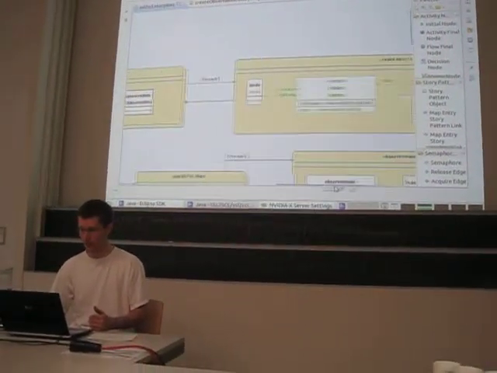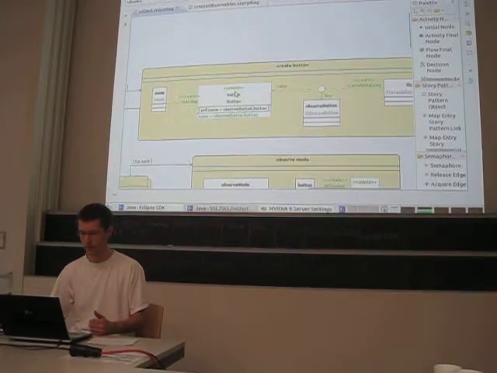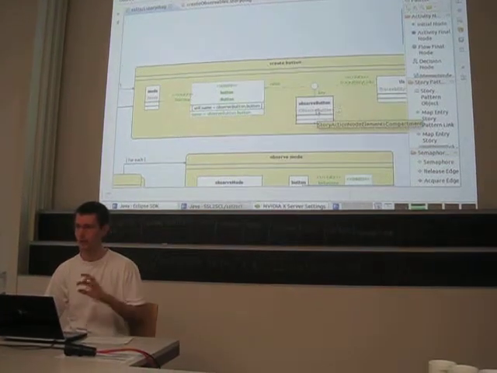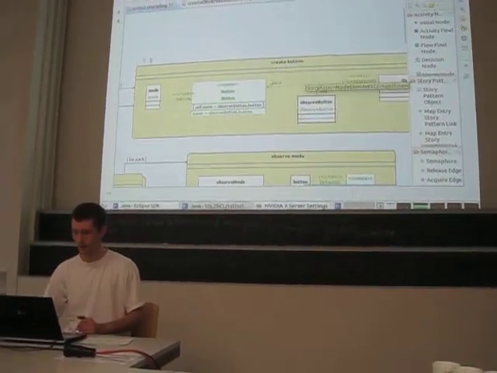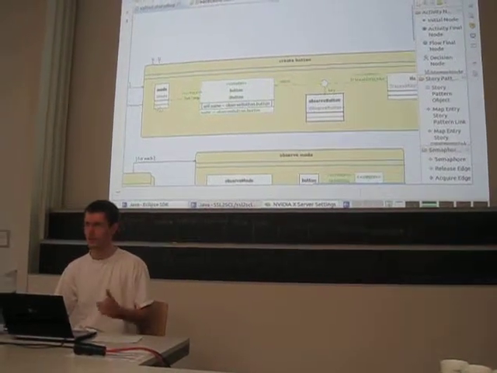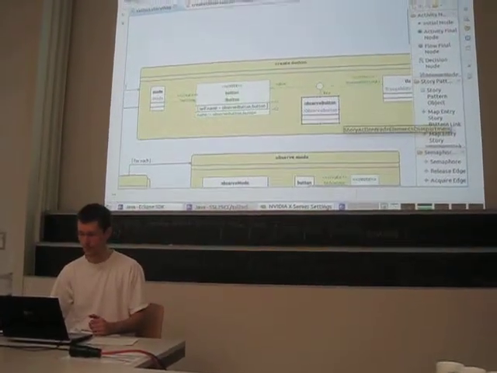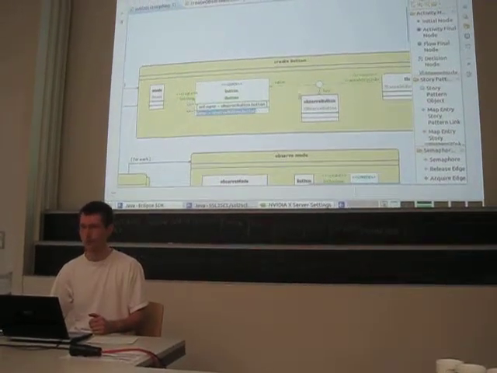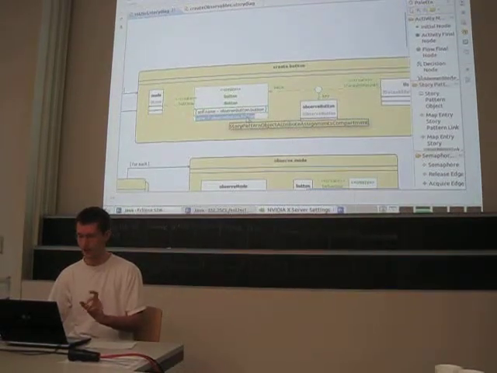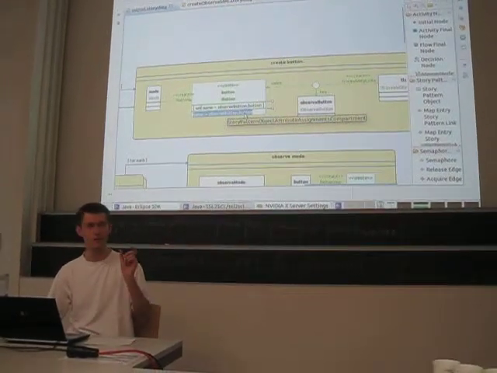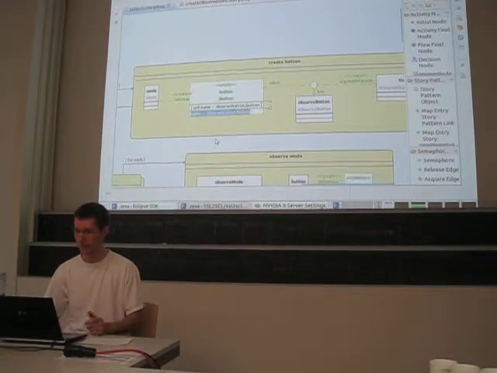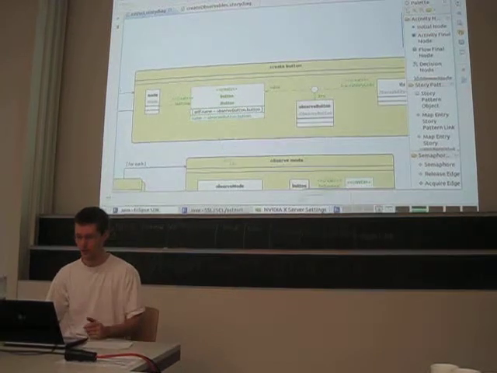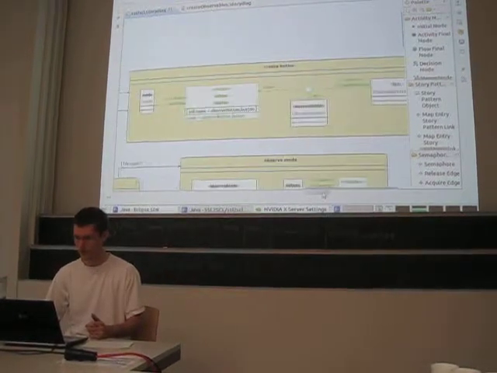And in that case, we create a new button in the mode, set its name, and create a traceability link to the observe button from which the button was created. Again, here we use this optional create concept, and the thing to note is that the name of the button is not set to the name of the observe button element, but the button attribute, the attribute that contains the first, second, third word. Later on, we use that to set the order of the buttons in the mode. Okay,